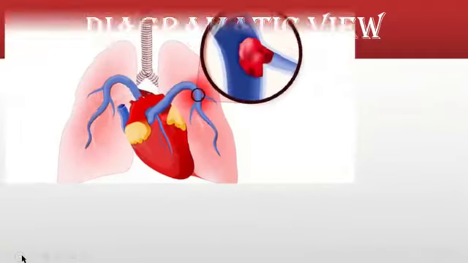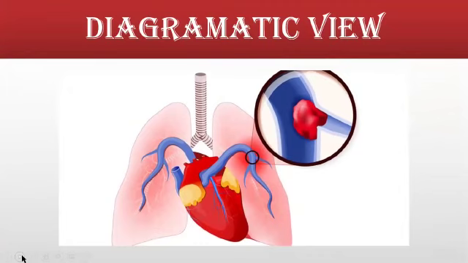So I am further presenting you a zoomed view of this thromboembolism. Here you can see that in this picture of the heart, there is an obstruction in the vein of the heart. This particle can be either a fatty material or any other material that I have discussed previously. So this particular hindrance leads to thromboembolism.